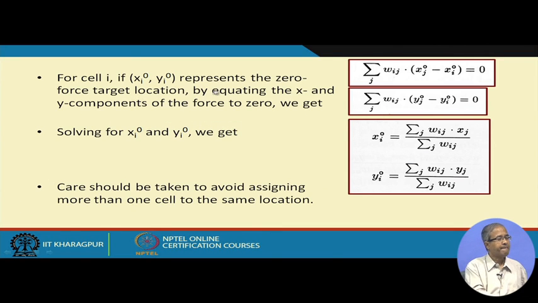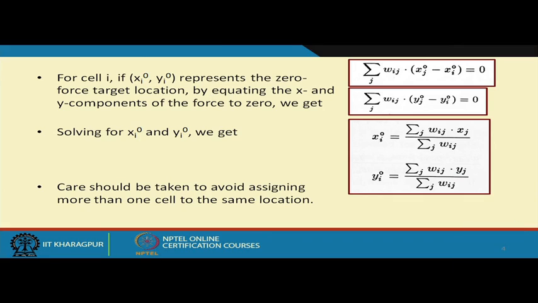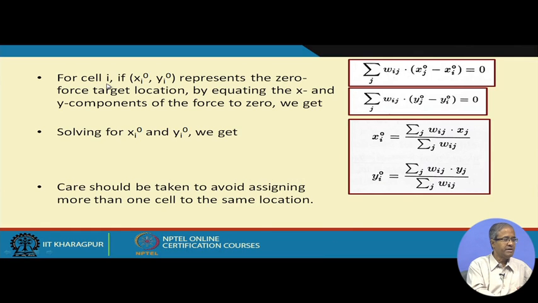So, let us make a simple calculation. A force, from mechanics, will be having its x component and y component on a 2-dimensional plane. So, we are separately equating the x components and y components of the force to 0 and trying to solve for the coordinate. So, for the cell I, let us assume that xi0 and yi0 will represent the 0 force target location. Then the total force exerted on cell I in this final location in the x direction will be